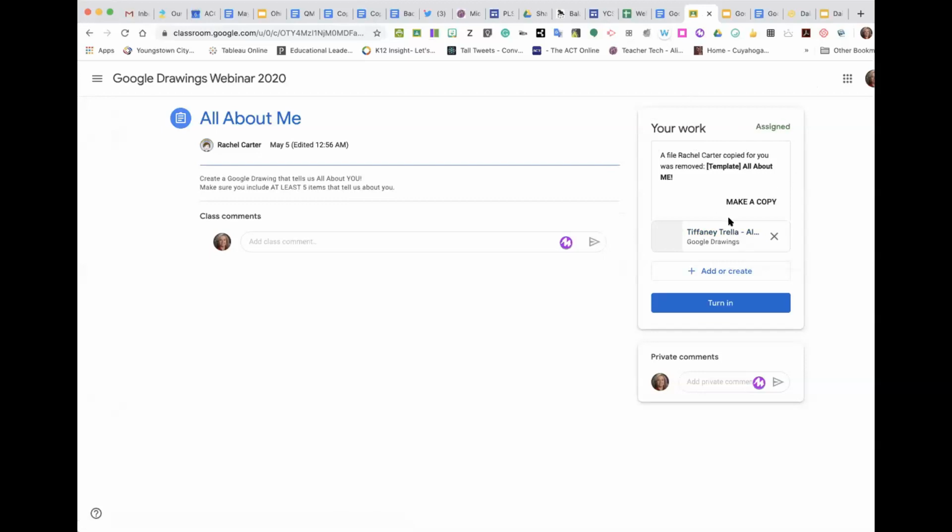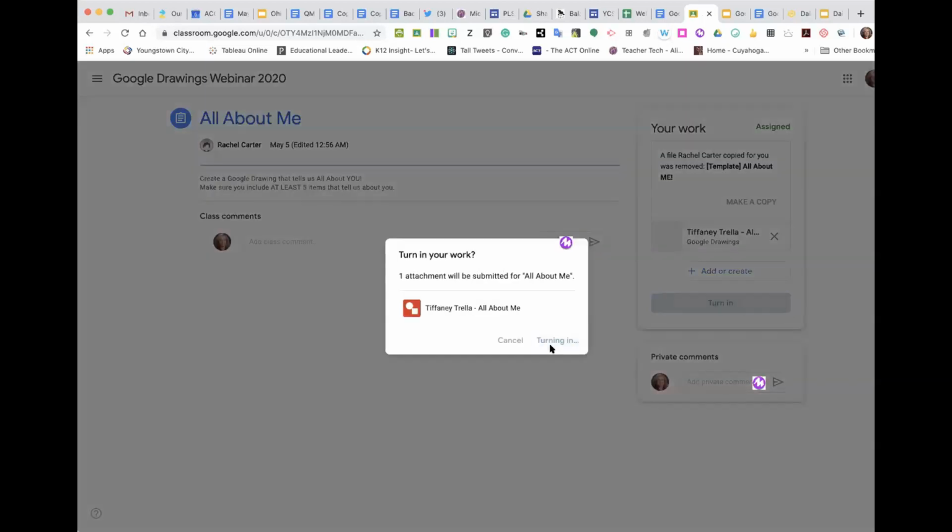And I also see how I had made a copy. I actually deleted Rachel's template so she didn't see 2 assignments when she came in. And then right after that, I hit turn in. But when I came in here, it didn't say anything, and I just added a drawing. So if you gave directions for them to create a drawing, you would just hit add and then drawing. But she did it, and then I'm just going to hit turn in